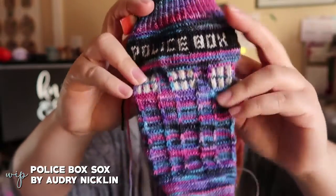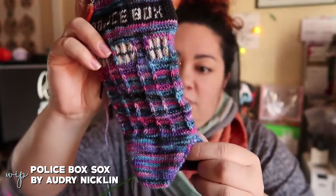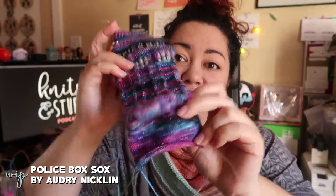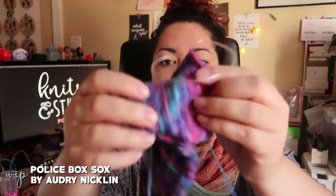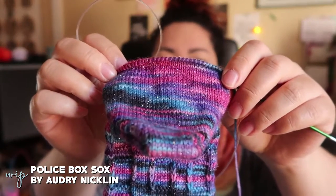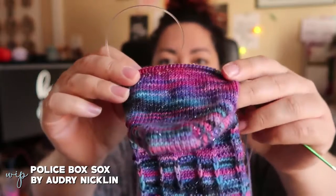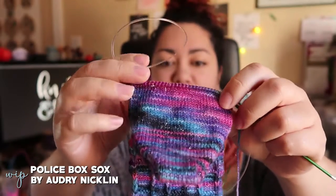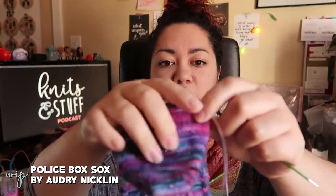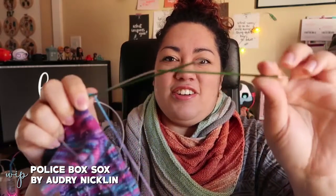went through the color work and all of the slip stitches pattern to get down to the heel, and now I'm on the main body of the foot. So now I could bring this one to work too and just knit on it, because it's just straight stocking stitch in the round until I get to the toe. So yeah, and these are on US 1's, 2.25 millimeters, signature sock needles,